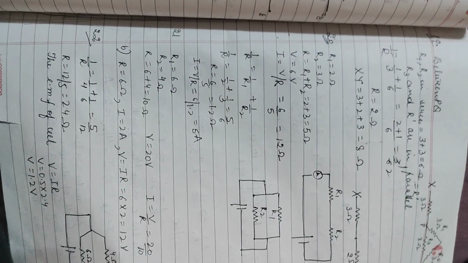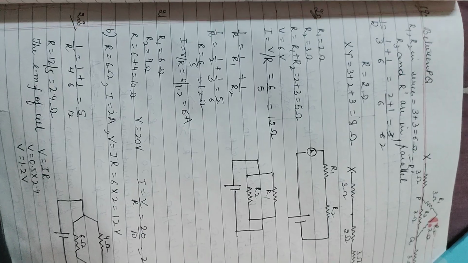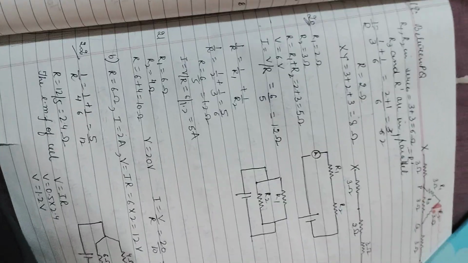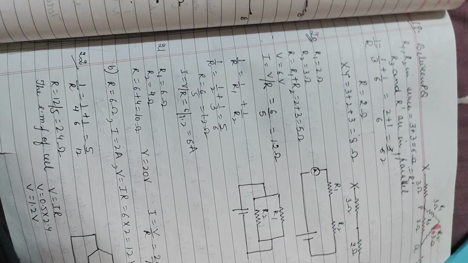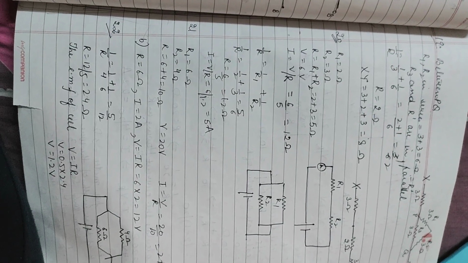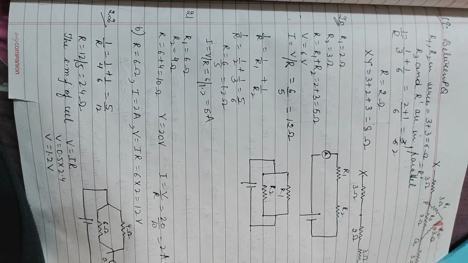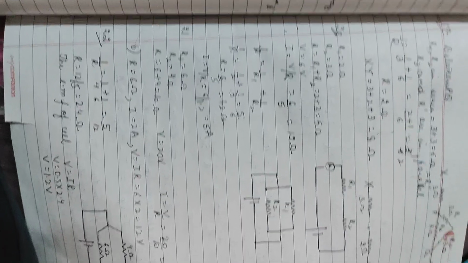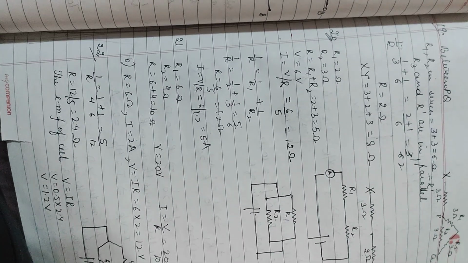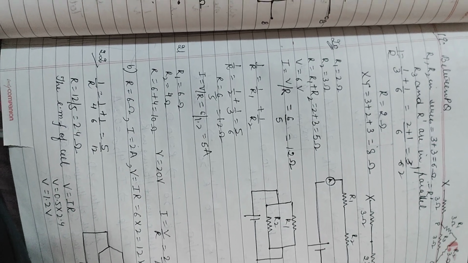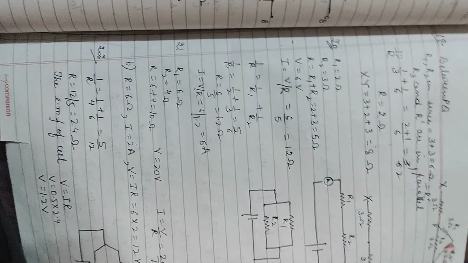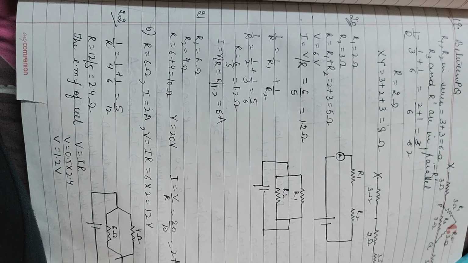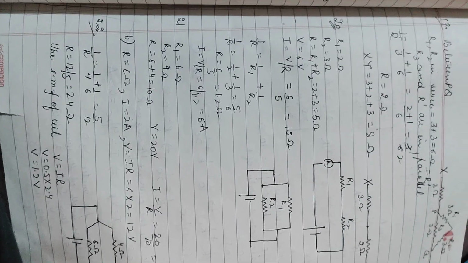Now the 20th question. In the 20th question, two resistors, 2 ohm and 3 ohm, are given to us as R1 and R2, connected in series. When they are connected in series, what will be the resistance? 2 plus 3 is equal to 5 ohm. And in part B, they are in parallel with a 6 volt battery. The internal resistance, small r, is negligible, so we are not considering it. First of all, we have to draw the circuit diagram. So in both cases the circuit diagram is drawn, when it is series and when it is parallel.